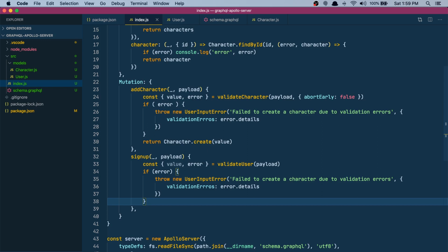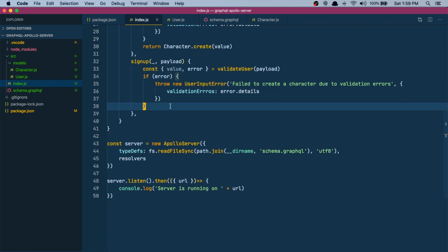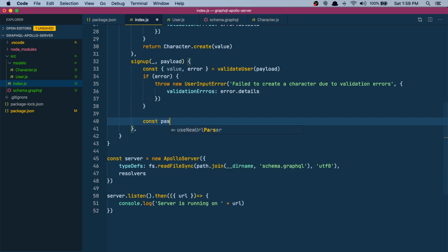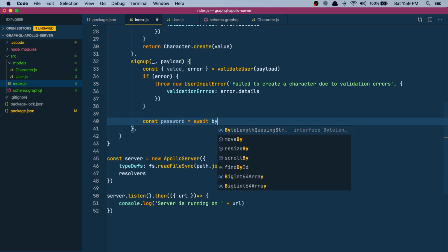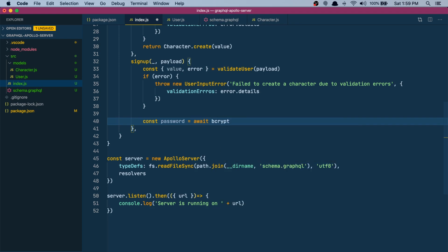If there is no error, then what do we have to do? Well, we have to encrypt the password. So let's do that. To encrypt, we are going to use a package called Bcrypt. We haven't installed it yet, but we'll get to that. It has a function called hash, which is going to take in the payload password, and let's make this user, and yeah,